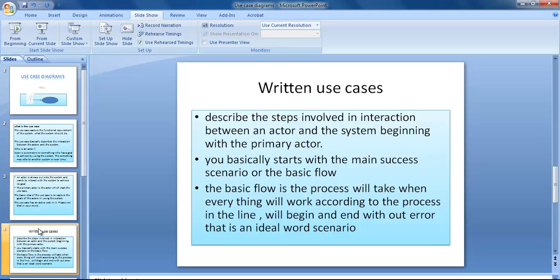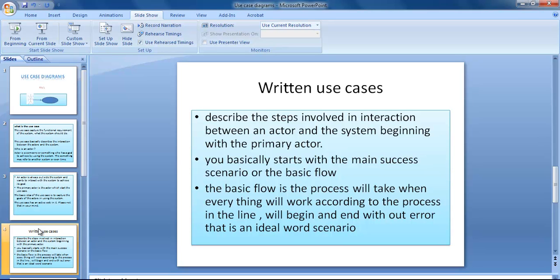So these stakeholders want to have their goals. They have financial goals to get out of the system. So these people will interact, and because they interact, these people would become the actors of the system. How these people interact with the system is written in the use cases. And we need to make these stakeholders and users very clear about what the use case diagram means, so that we are very clear about the designing of the system.